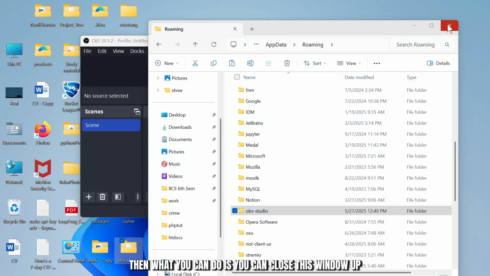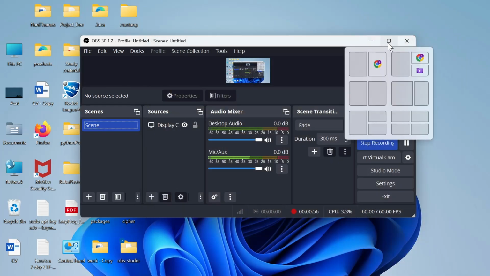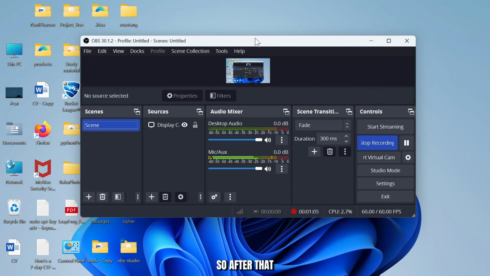Then what you can do is close this window up, and let's say that now you have installed or downloaded OBS to a new device or wherever you want the new settings to be at. So after that, make sure that you share this folder to your new device, and all you need to do